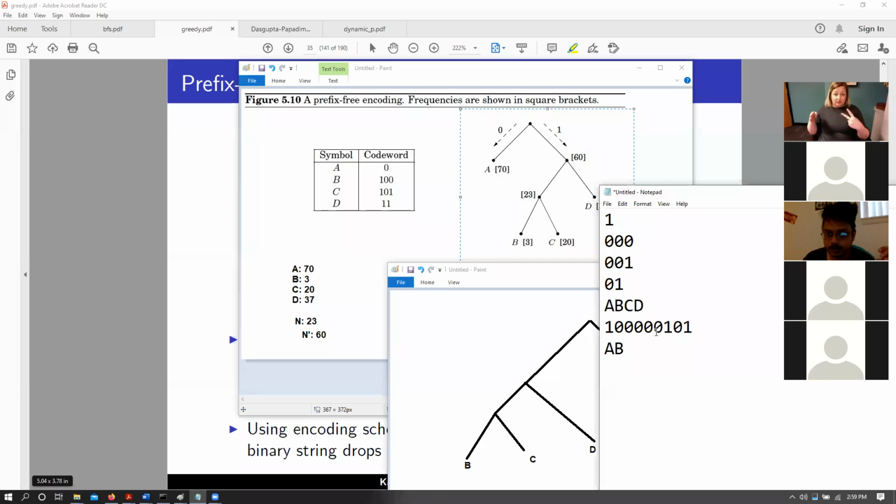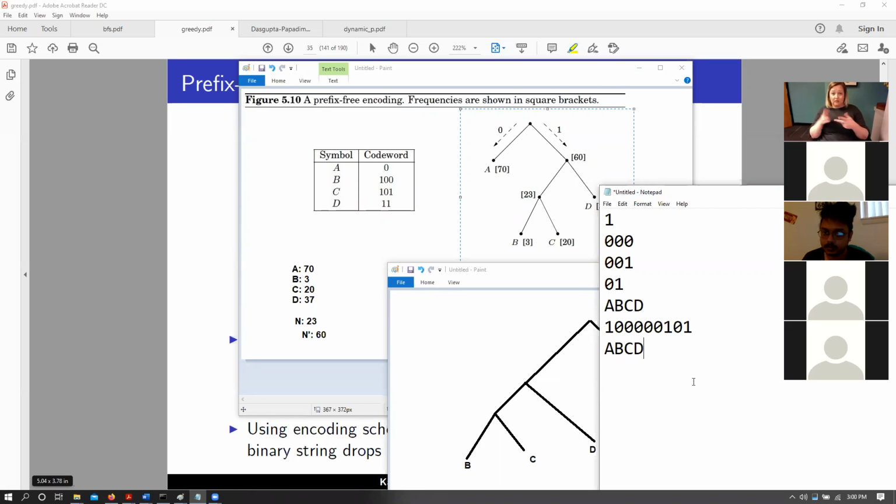The next one is B, and then we start from here. We see a 0, again B, C or D, another 0, either B or C. We see a 1, definitely a C, so that becomes a C. Then we see a 0, again possibly B, C or D. We see a 1, definitely a D.